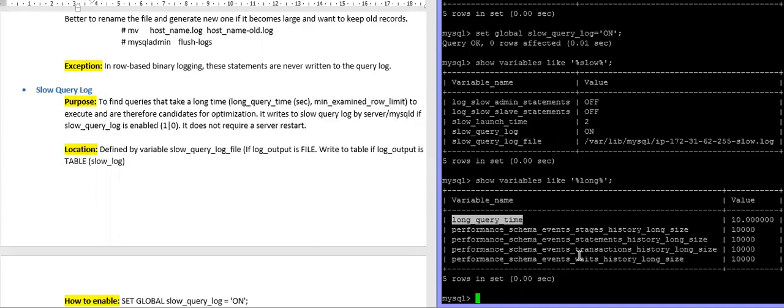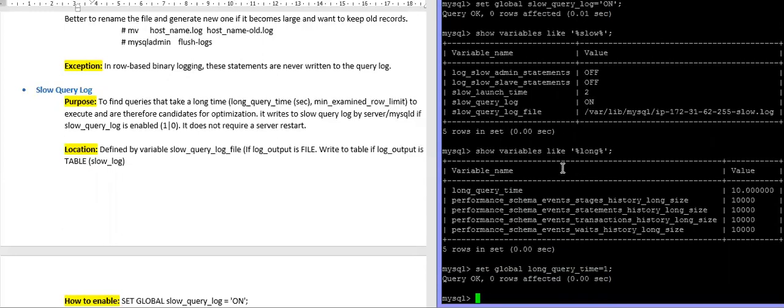That means the query which will take 10 seconds will log automatically in this file. If you want to decrease it or increase it, you can with the command set global long query time equal to, suppose, 1 second.